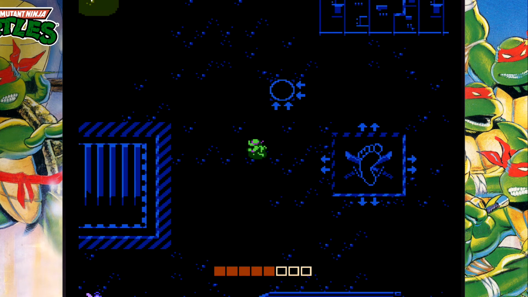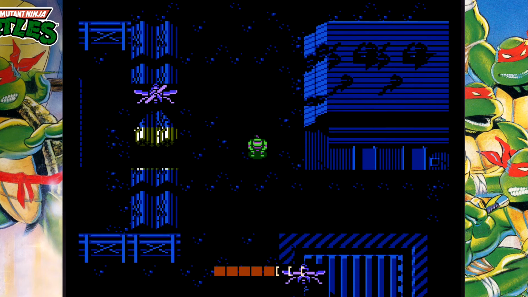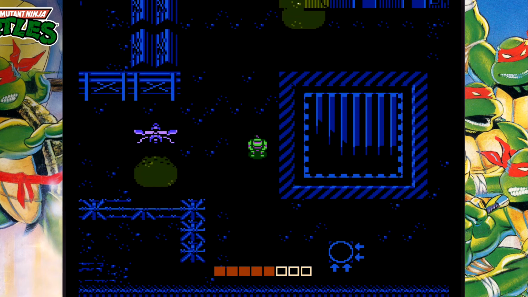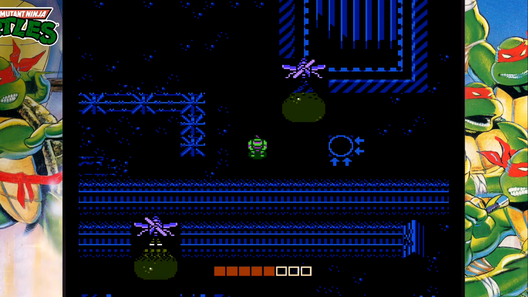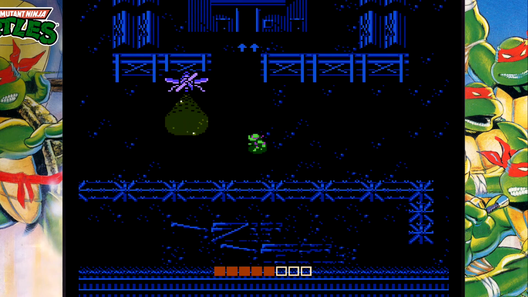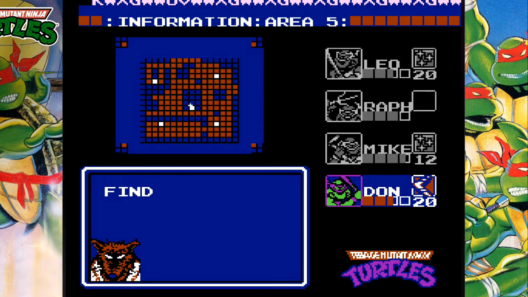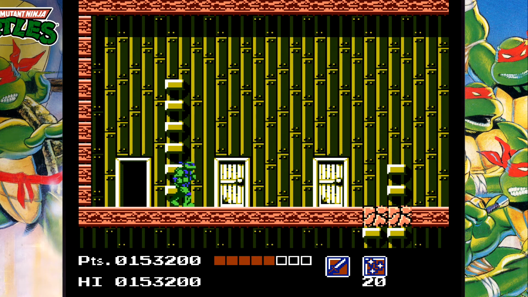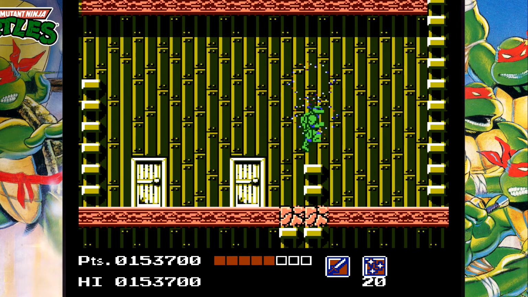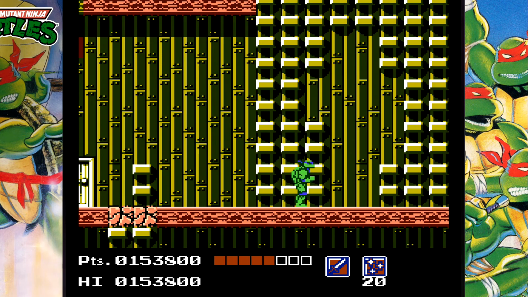So notice these sewer manholes on this base, and in one of the 3 manholes, one in the north, one down here in the southeast, and one down in the southwest, is the Technodrome. And there is a 50% chance it'll appear in the southwest, and a 25% chance it'll appear in either of the other 2 locations. But before we start looking for the Technodrome, we are going to fill up on pizza